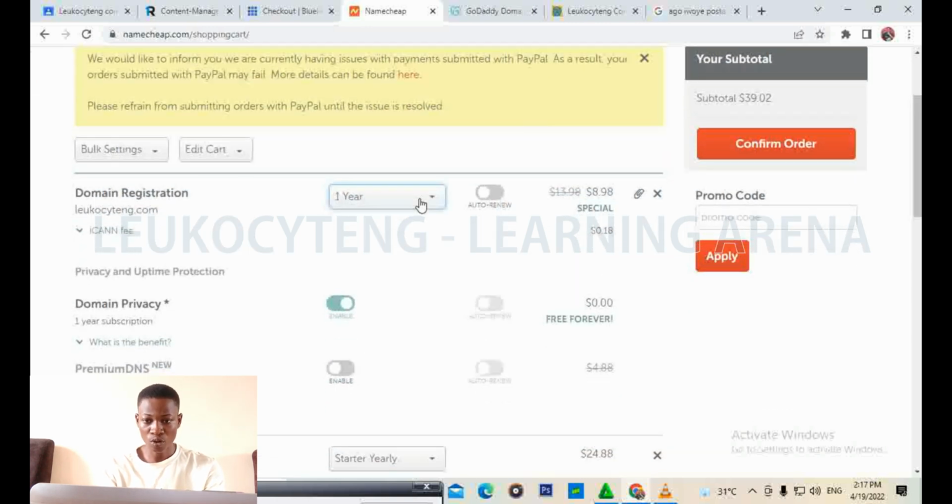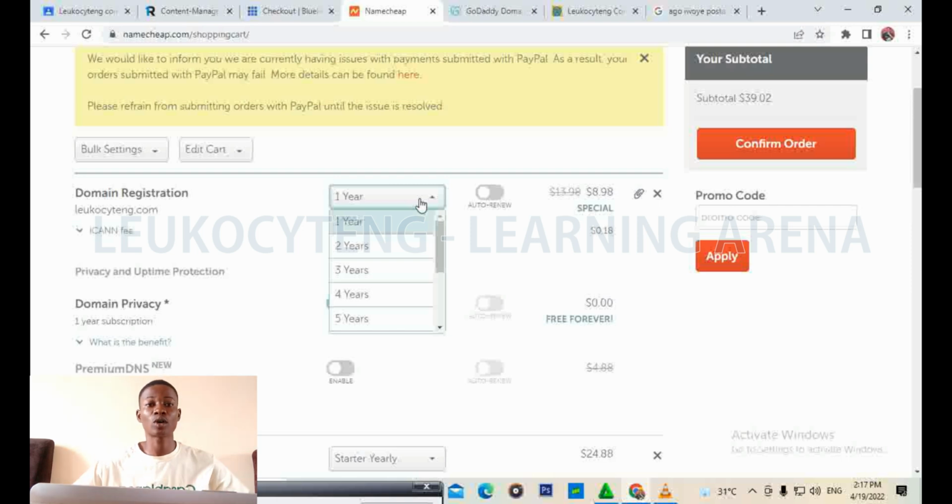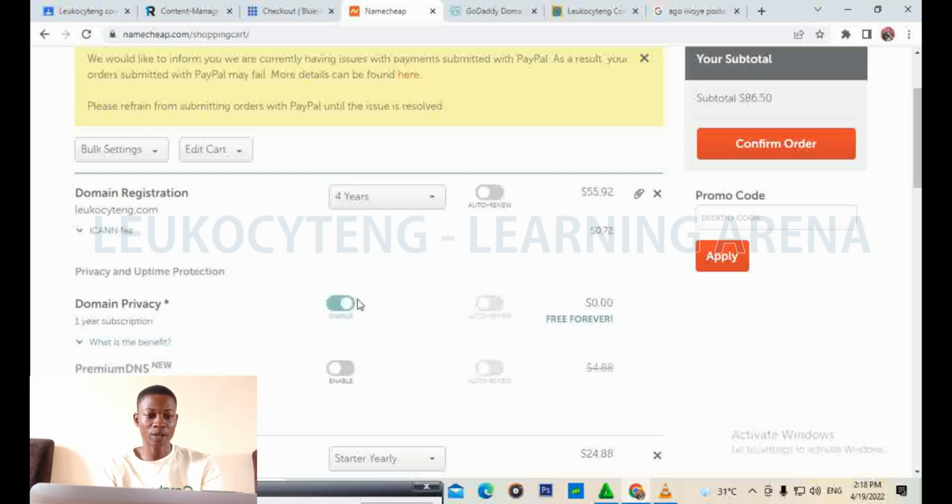The domain registration is for 1 year, and probably if you are working for a company or an organization who will pay you very well, because normally as a website designer, the least that I charge for any website is 50,000 naira, and that will be maybe for a blog website or some small website. So if your company can pay you enough, you can just buy 4 years for them, so that they won't have to be disturbing themselves to buy domain or hosting some other time. So just get it back to 1 year.